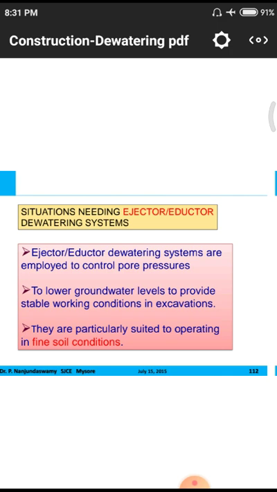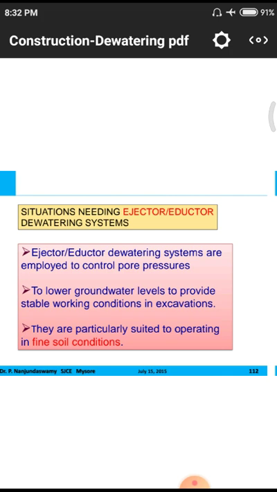That means fine soils. Fine soil means the particle size is very, very low. In those cases, normally, as we discussed in the previous points, these fine soils have a low recharge capacity. But even with a low recharge capacity, due to surrounding soil strata, and if there is any